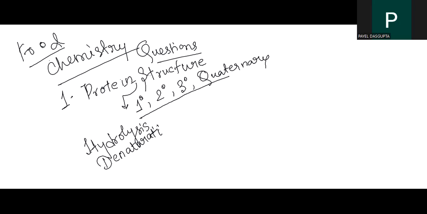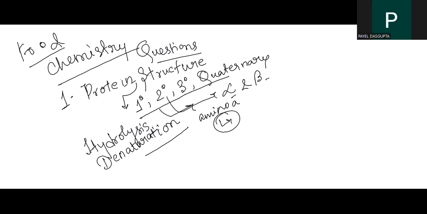What is the basic idea here? The primary structure is mainly made up of amino acids or peptides. I'll just brief here: amino acids and peptides linked by a peptide linkage. Secondary ones will have the alpha helix and the beta pleated sheets. I'm just giving a brief here. Then there is the tertiary structure, followed by the quaternary, that is a folded coil structure of the proteins.